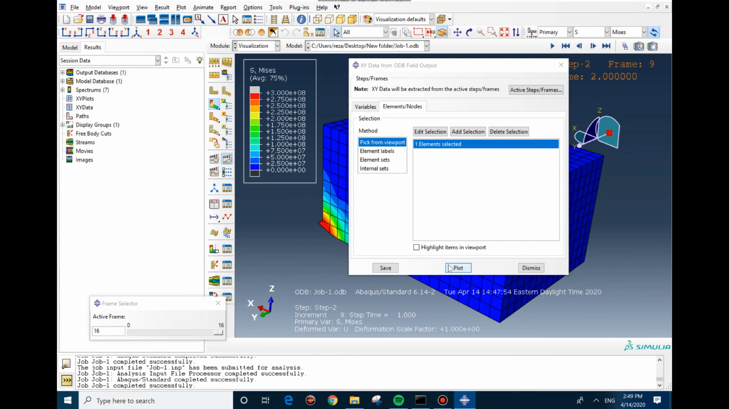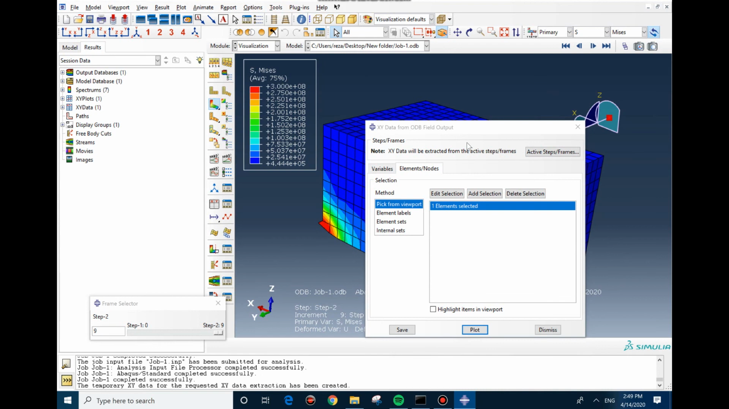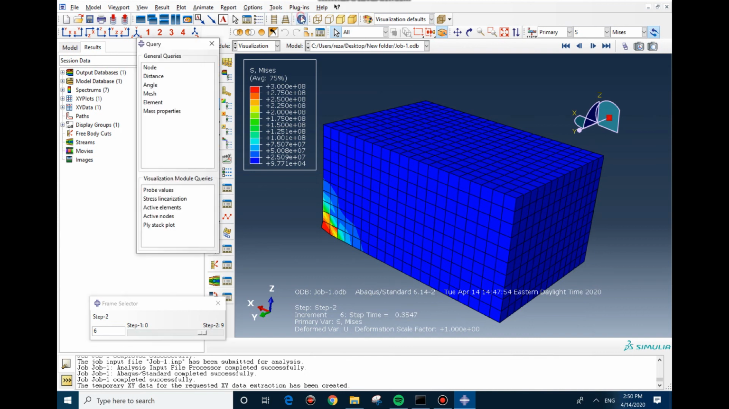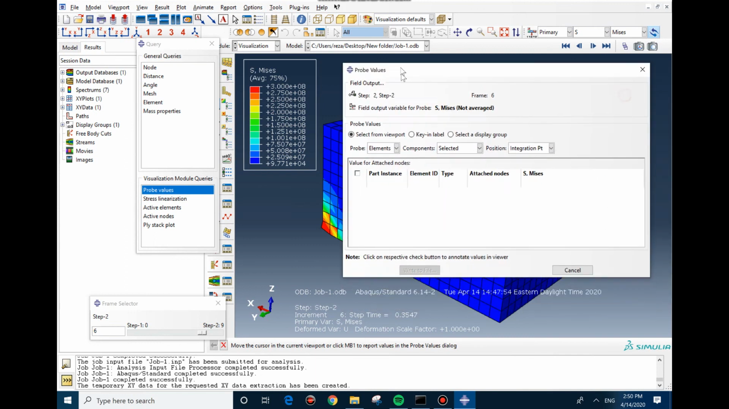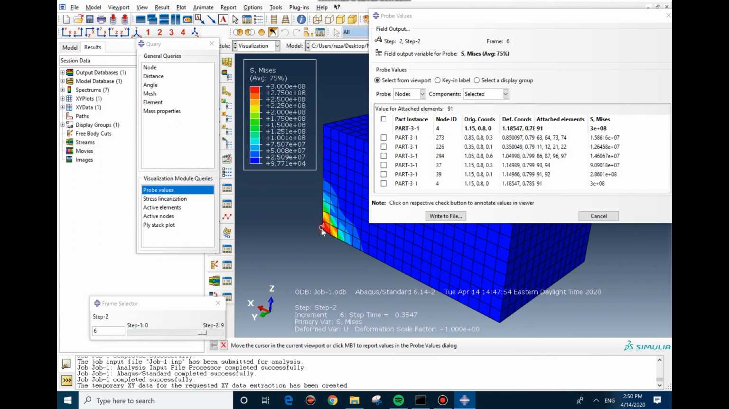The centroid means that the stress is taken from the center of the element, and then you can plot it and you can see the stress. Also if you want to check the value at a specific time, for example in here, you can click on here, probe values, and then by putting it on, for example, nodes, this is the stress, you can see the values. For example, this is the value, so you can see. Okay,